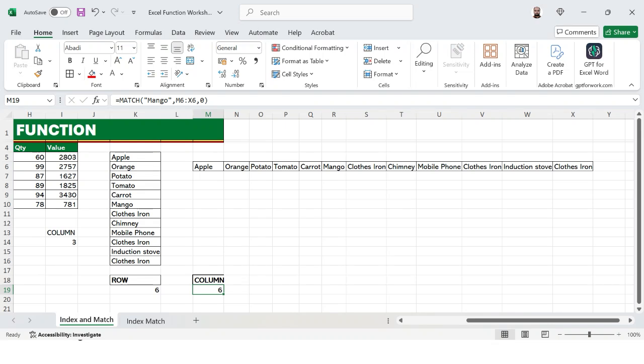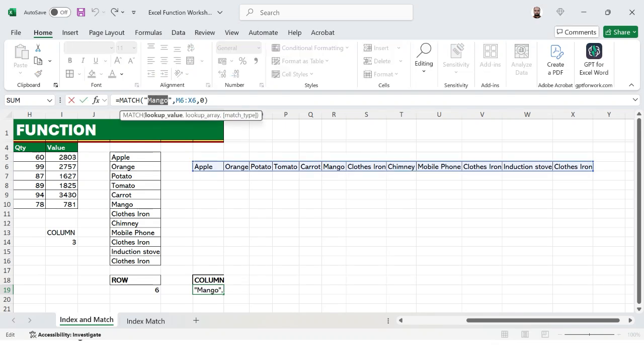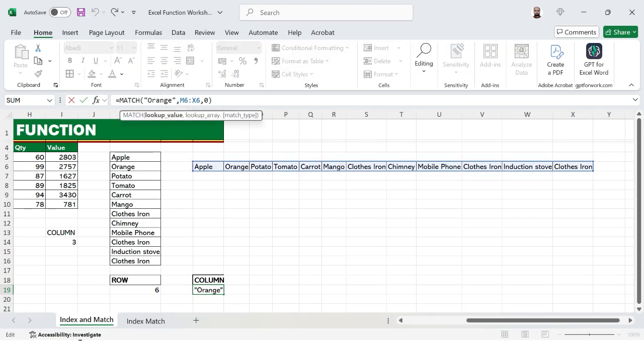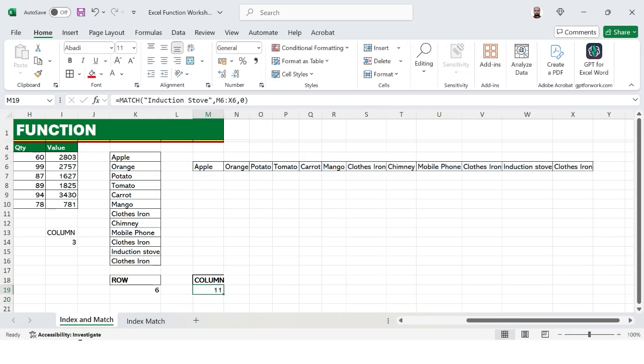If you want to change from mango to orange, the column number would be 2. If you want to change here to induction stove, the result changes to 11. So this is how the MATCH function works.